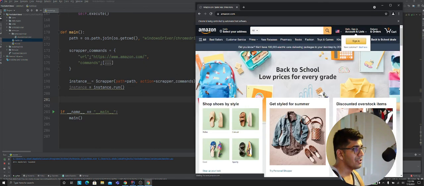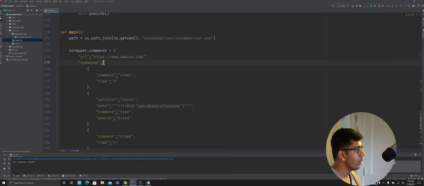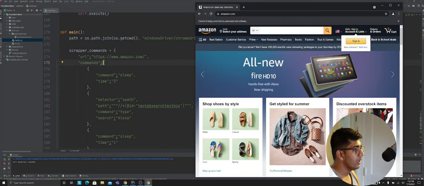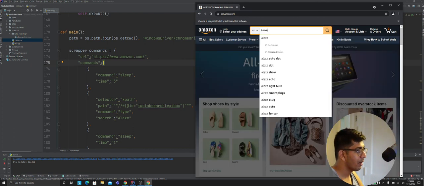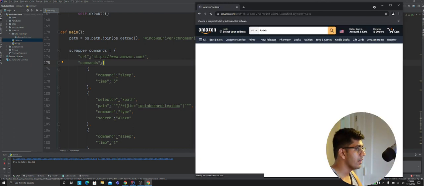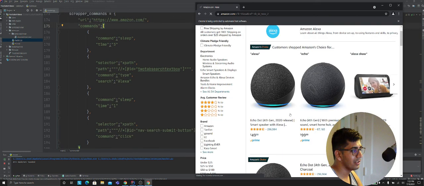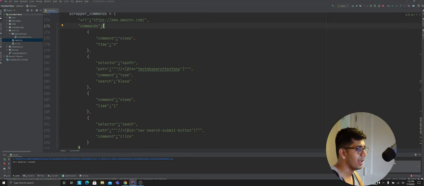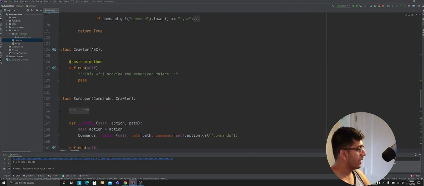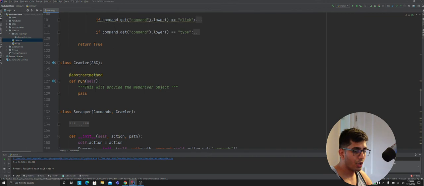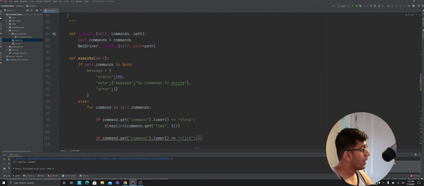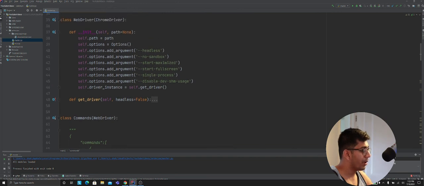As you can see now, it's on the website. It has to wait for 4 seconds because we did provide a command here. The next one is a type command, so we did that, and then it does the click button, then it waits for a second. Everything is provided in a JSON-like syntax, and then you can come here and scrape the sites. Hope this is useful. This is a very boilerplate module of classes and helper functions that I've written, and I hope this benefits you guys if anyone is working on scraping.